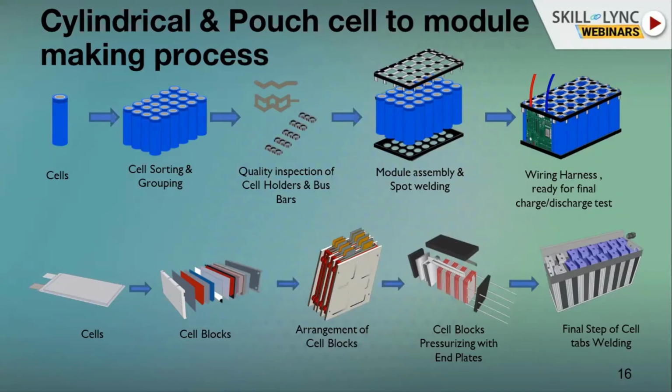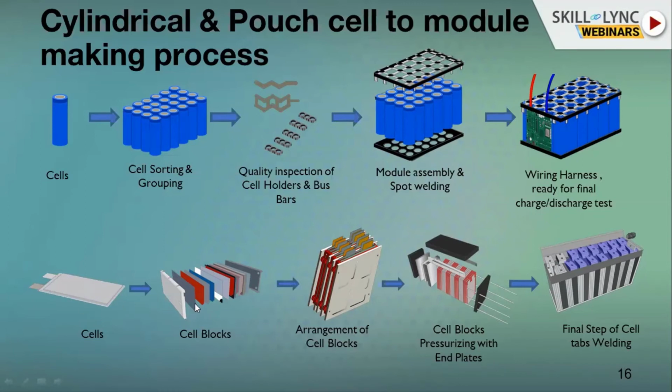Whereas in cylindrical cells, you'll have to connect them in series and parallel. And you have bus bars. These are nickel bus bars usually, because these are welded directly, and nickel has some strength, so that during vibrations and all, if at all there's a movement, nickel has the strength to not tear. So this is cell holders and the cells. These are welded, and there's a slave BMS attached to it. It depends on the user's choice if he wants to have a slave BMS, or he can put a master BMS completely at the pack level. This is for the cylindrical, and then this is for the pouch.